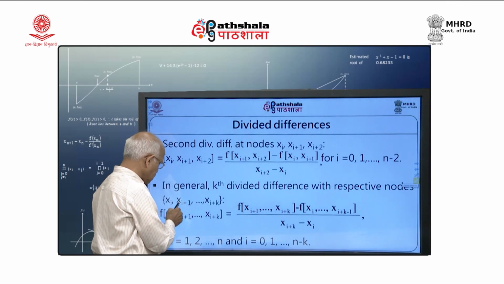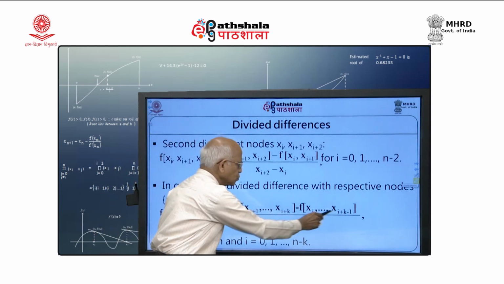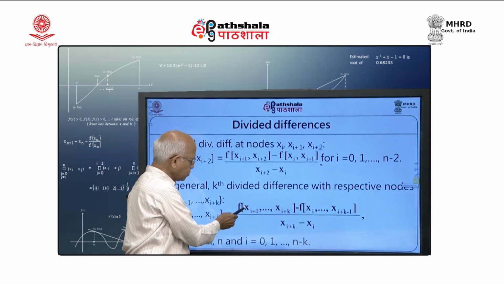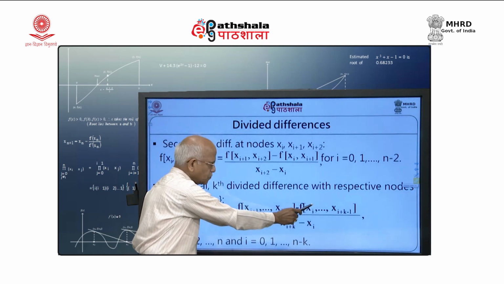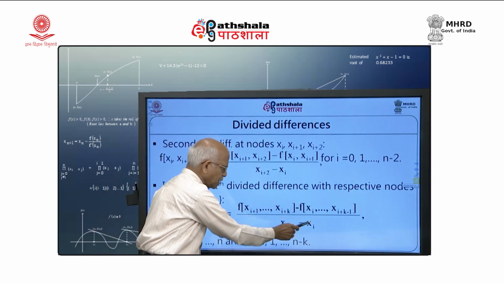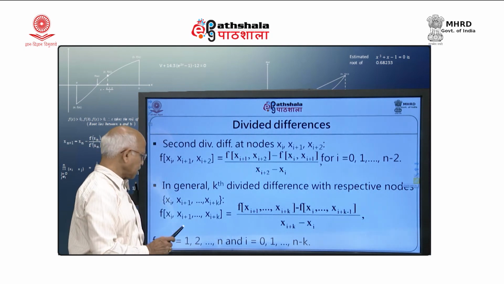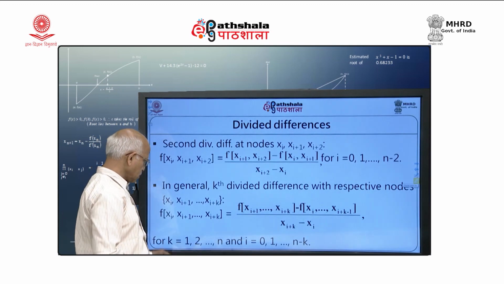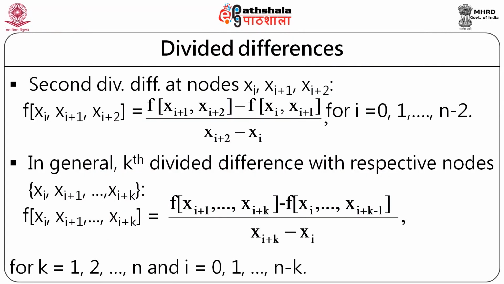So for this, the second to last nodes and then the first to last but one. Those are the arguments we take, and this will be the first divided difference minus the first divided difference over these nodes, divided by the last node minus the first node, x_{i+k} minus x_i. This is how the kth divided difference is defined, and that can be done for all k equal to 1, 2, 3 up to n and i equal to 0, 1, 2, 3 up to n minus k. So, given n nodes, we can have divided differences of order 1, 2 up to n, even 0th order,